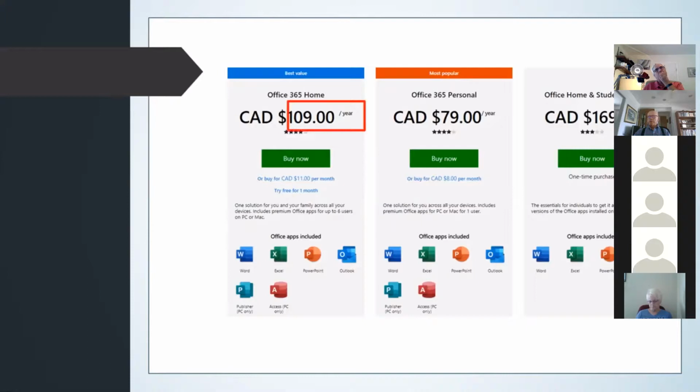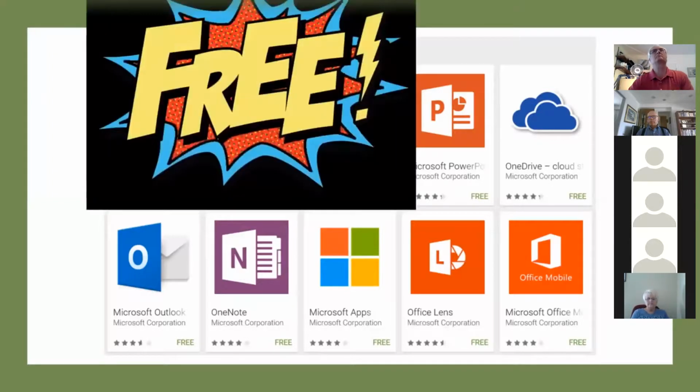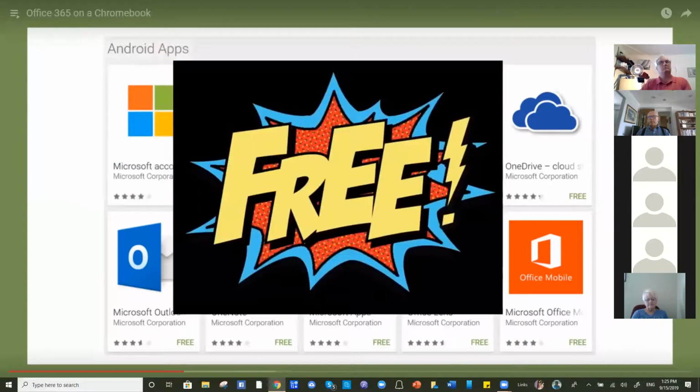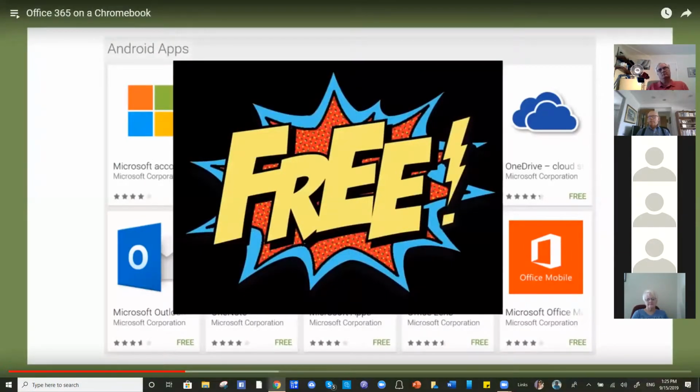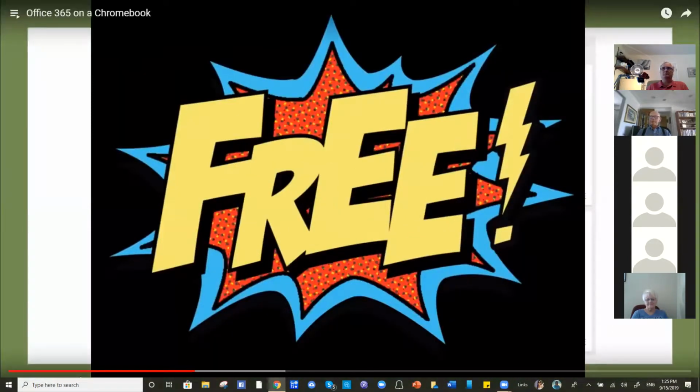I want you to notice when we're looking at this carefully that the cost of $109 is per year, or $11 per month, or you can try it for a month for free. So there always is a cost. These are subscription fees for the product. Now, what can I tell you about running Office 365 on a Chromebook? It's free. Every time I seem to talk about Chromebooks, I talk about free things. Does everybody like free? All right, let's talk about